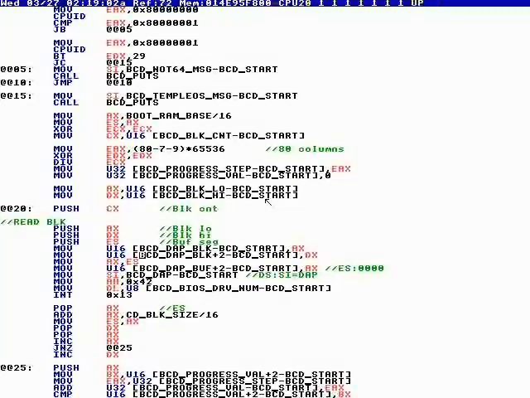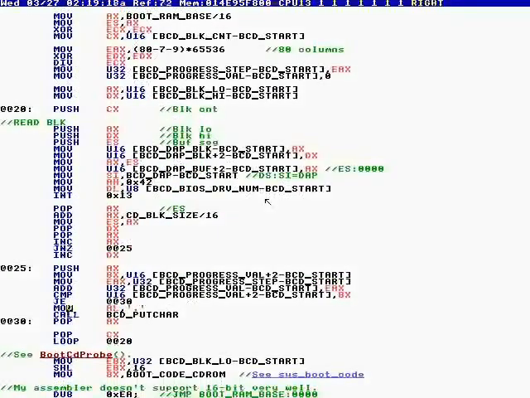We write the buffer address. We keep ES pointing to the buffer we're reading in. We read one block at a time, and we add one block divided by 16 to ES over and over, and we print a progress. Put char is fancy, and when we're done, we